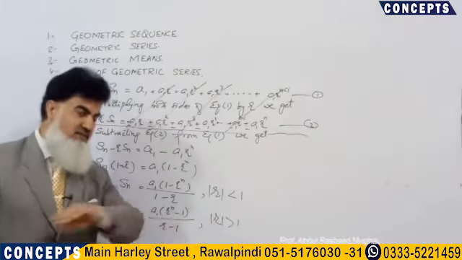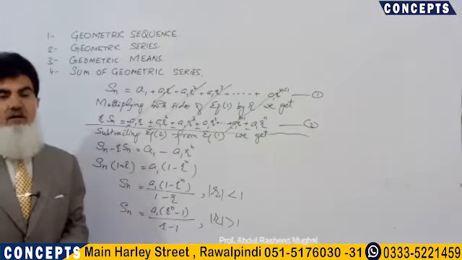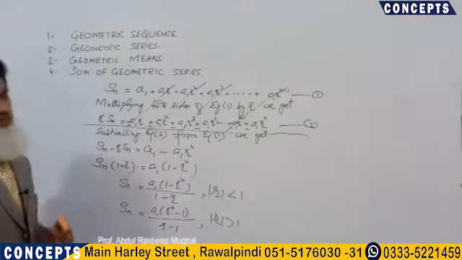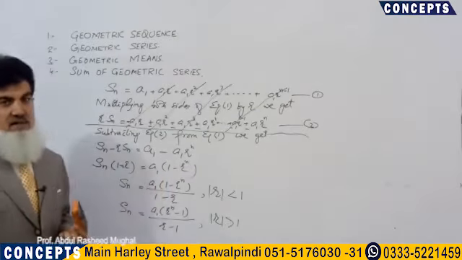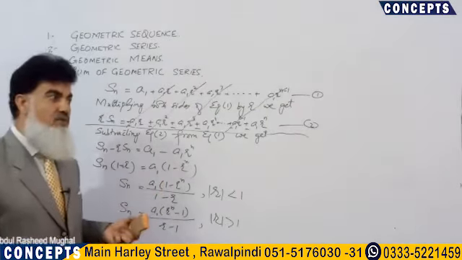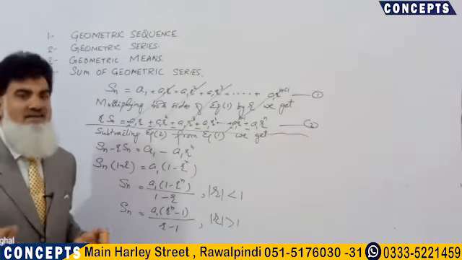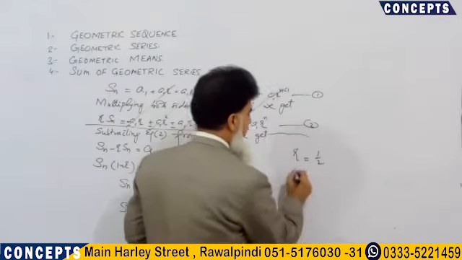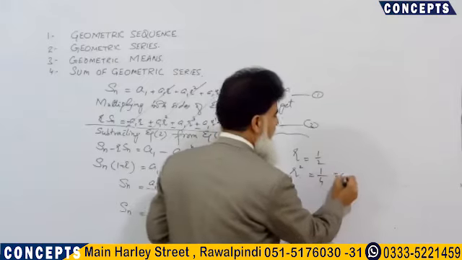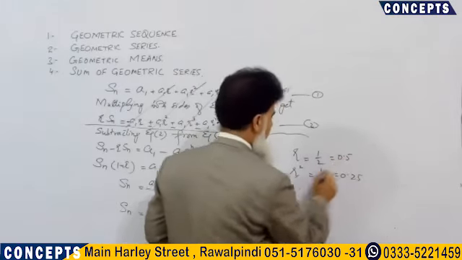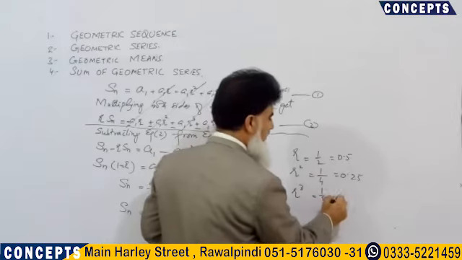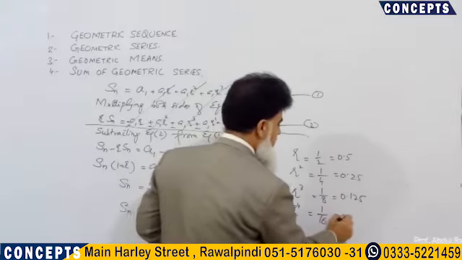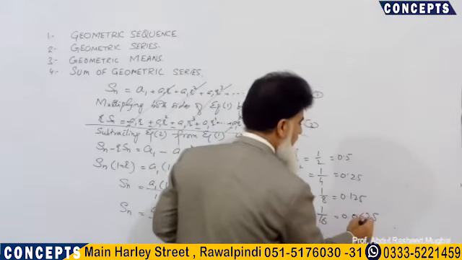And if r is greater than 1, then we use this formula to find the sum of a geometric series with r greater than 1. From the same formula, in the geometric series, we also have to find the sum of an infinite geometric series. Let us take r as half. Squaring, r squared is 1 by 4, 0.25; 1 by 2 is 0.5. If I take r cubed, it is 1 by 8, 0.125, and r to the power 4 is 1 by 16, 0.0625.